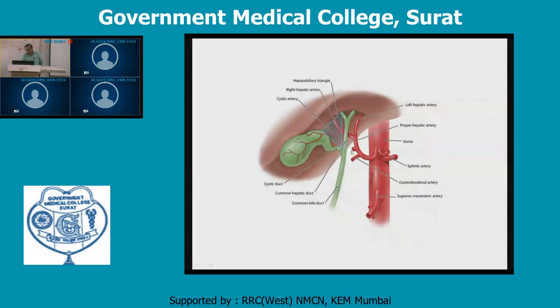And as far as the venous drainage is concerned, the superior surface of the gallbladder, which is in direct contact with the under surface of the liver, drains its venous blood directly within the liver, into the portal radicals of the liver. And the inferior surface is drained by one or two cystic veins, and these cystic veins also ultimately drain within the liver.